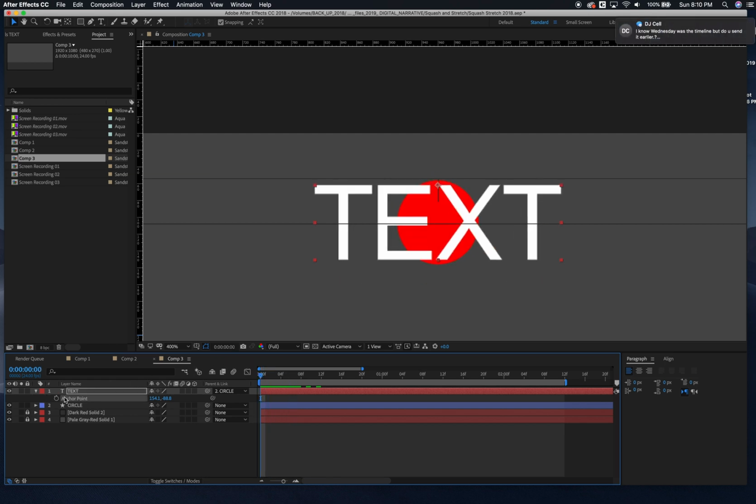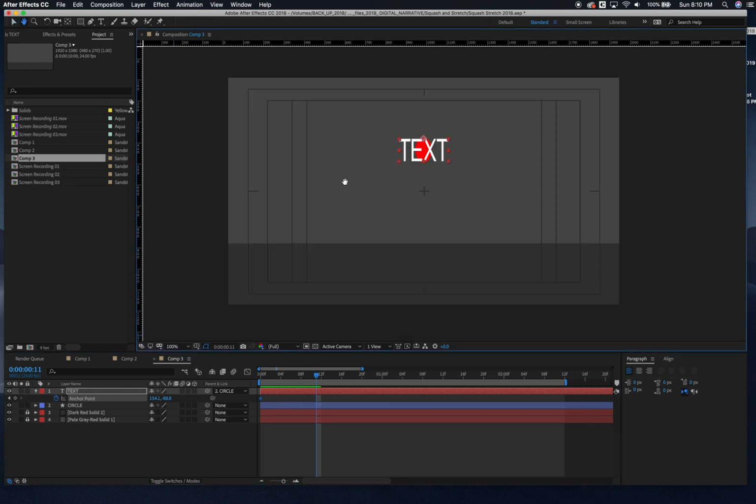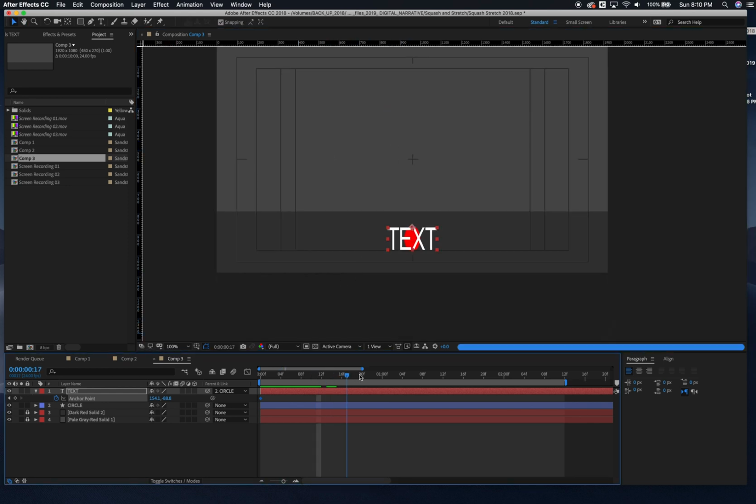So what I want to do is keyframe the anchor point of the text, because I want the keyframe of the piece of text to be at the bottom of the piece of text when it hits the bottom of the floor. So what would happen is, if I did that,